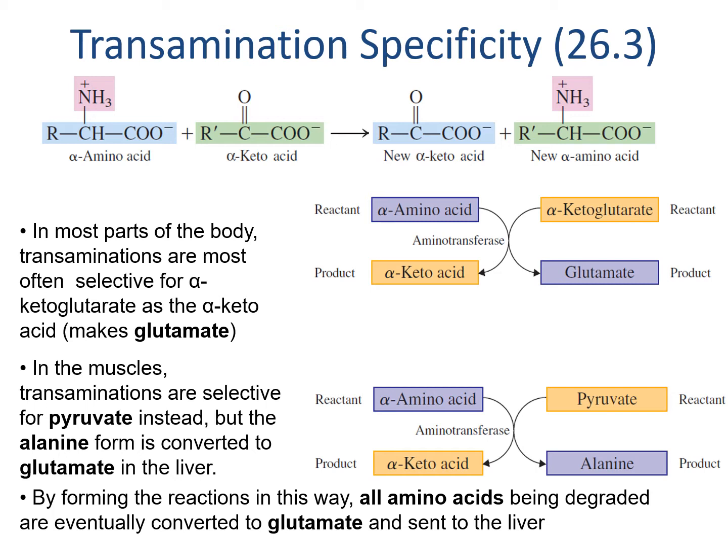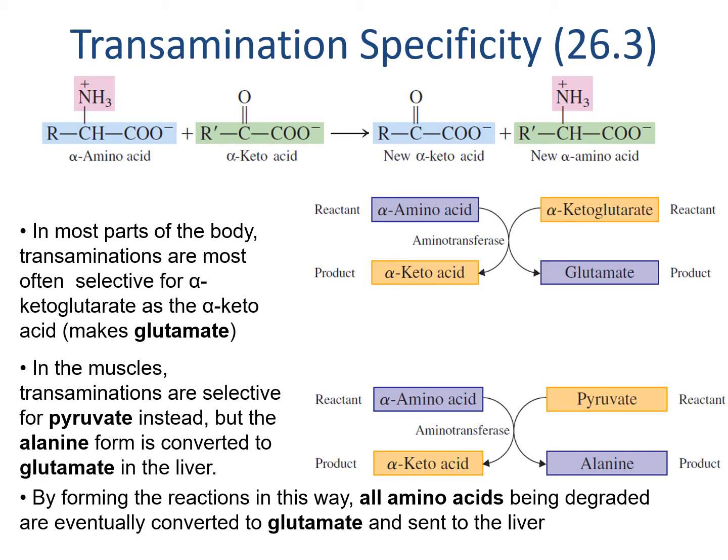That's important because that means the product is always glutamate, and the glutamate can be transferred to the liver as the entry point into the urea cycle, which allows us to store and ultimately eliminate excess nitrogen with urea. Our muscles tend to transaminate pyruvate to alanine instead. So instead of moving the nitrogen onto an alpha-ketoglutarate and making glutamate, we move them onto a pyruvate and make